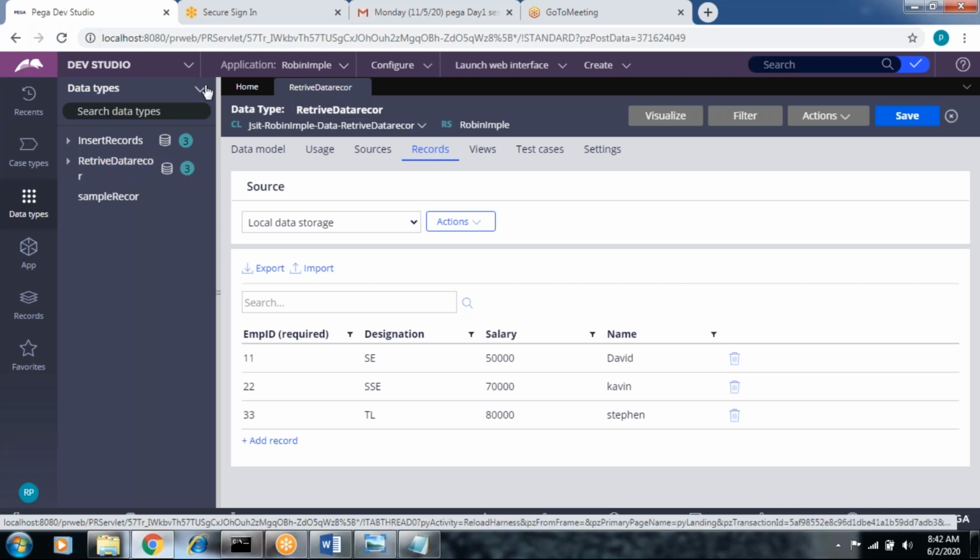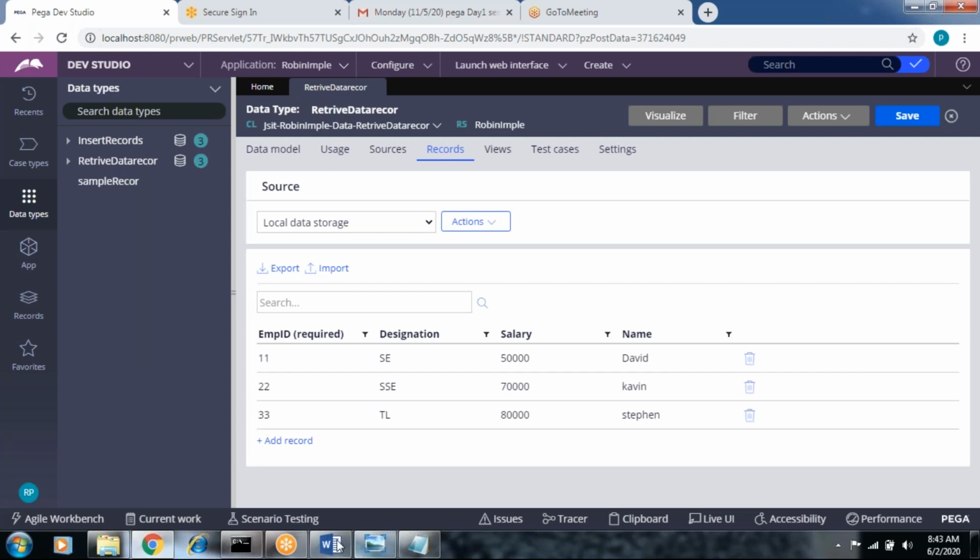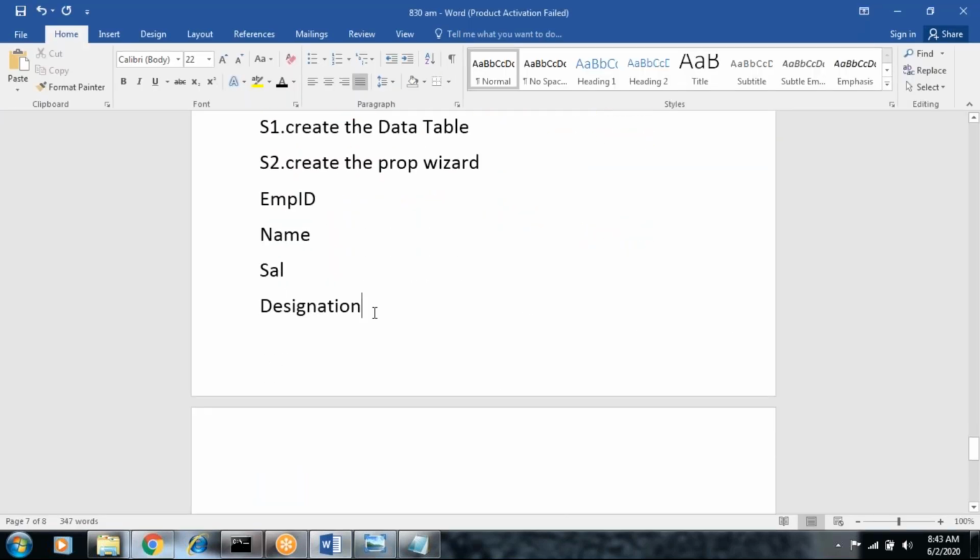Let's come back to the data tab and refresh the data tabs. That's fine. Okay, let's move on. This is the first step. Then the second step: suppose you want to develop the screen, you need a case type.